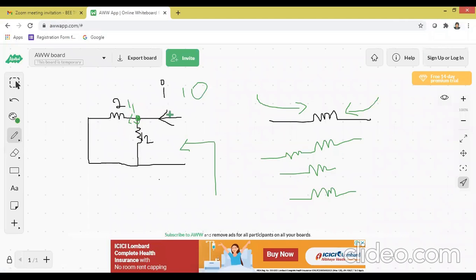Is the voice clear, all of you? Now the doubt is clear. One student has asked, if the current flow is dividing, then the resistors are in parallel. Now these two resistors are in parallel. Every problem we'll discuss, you will become perfect.